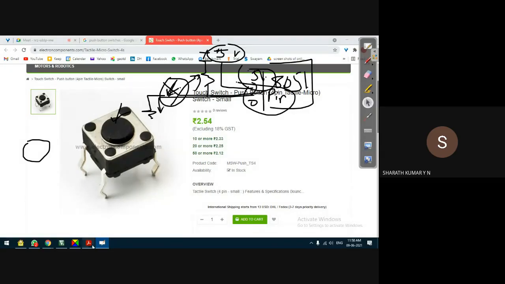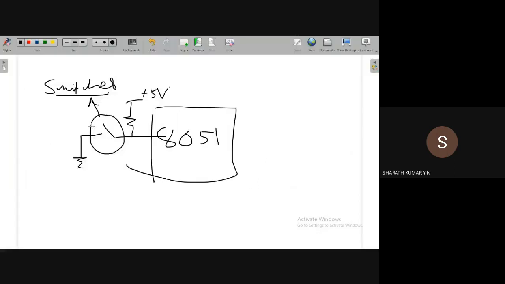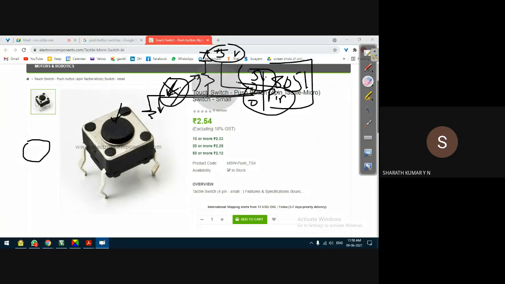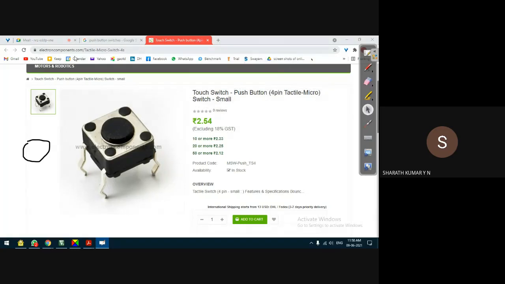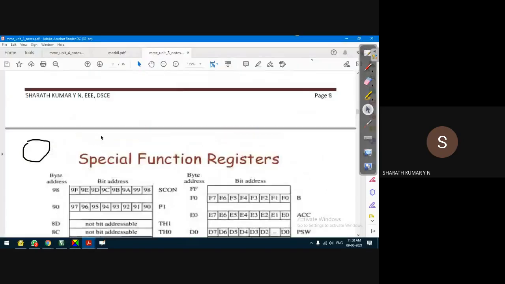When this kind of switching operation is used, based on the switch we can start and stop the timer. We can program it. In the programming method, we can control whether pressing the switch is the start of the timer, or releasing the switch is the start of the timer. We can control this. But where to connect the switch? To which pin of the microcontroller can we connect these switches? For that we'll go back to this pin diagram, and there we'll understand.